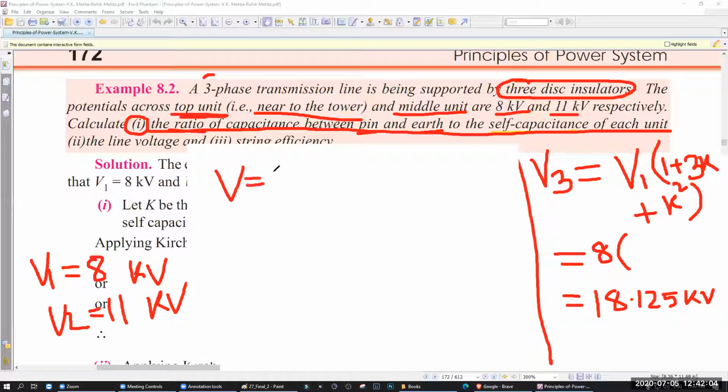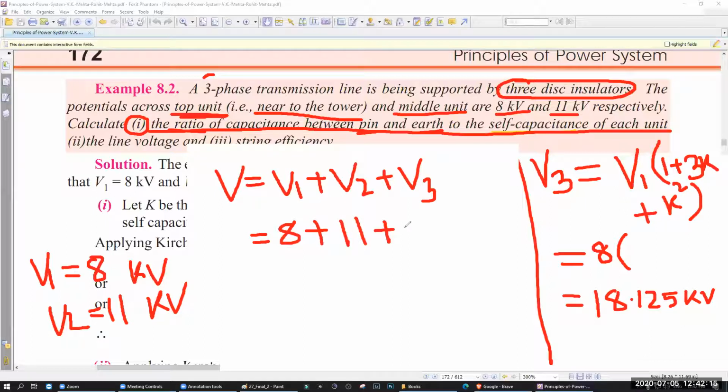V will be V1 plus V2 plus V3 kilovolt. So 8, 11, 18.125, 37.125